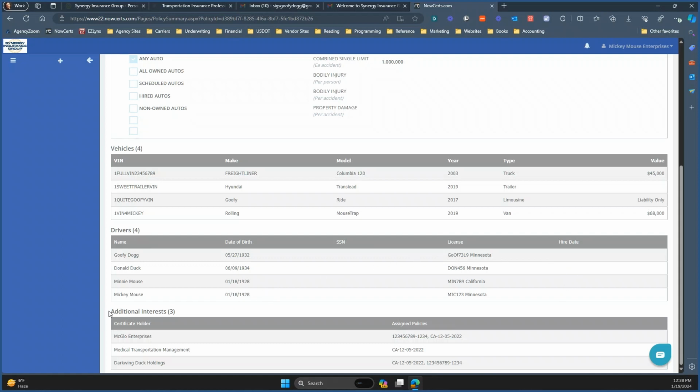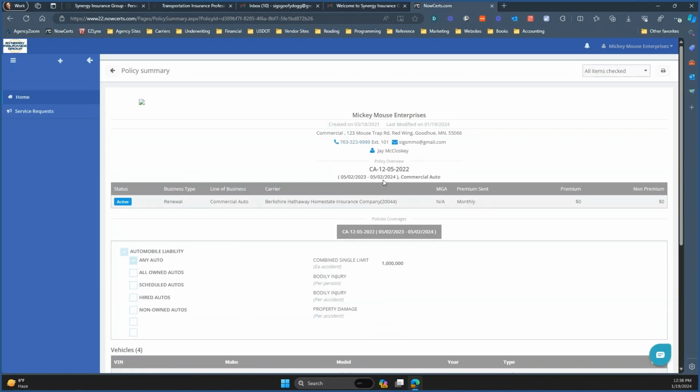Finally, we have additional interests. These are people that are assigned as additional insureds on the policy. In this case, we have 3. Make sure that you still want them assigned as additional insureds, and this will show which policies they are assigned as additional insured on. Going back,